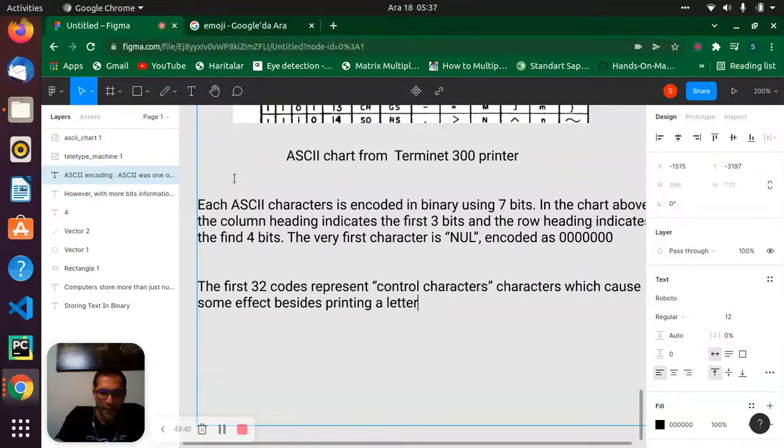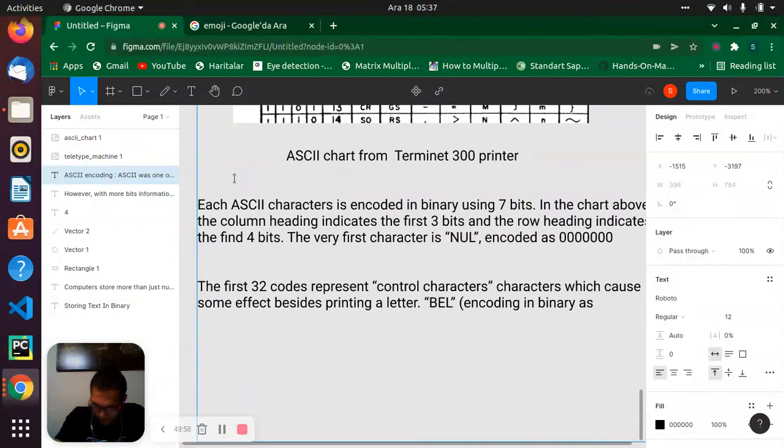Let's say this one, bell, encoded in binary as 0111.